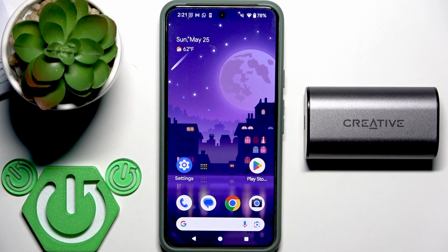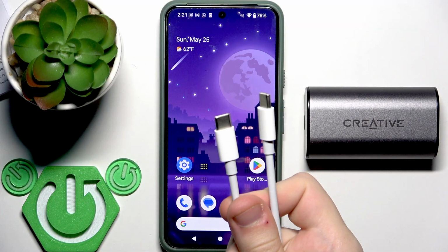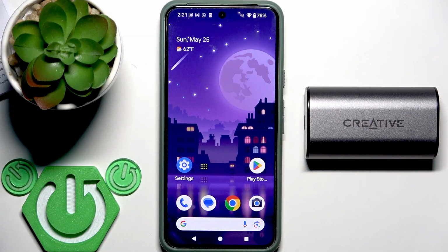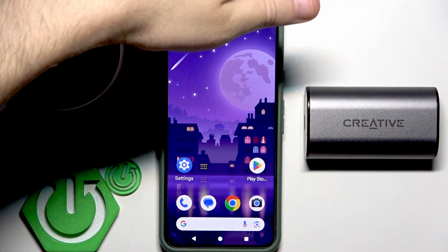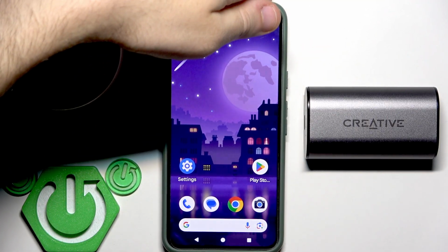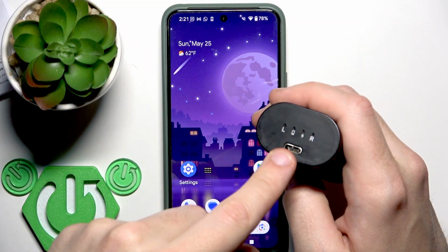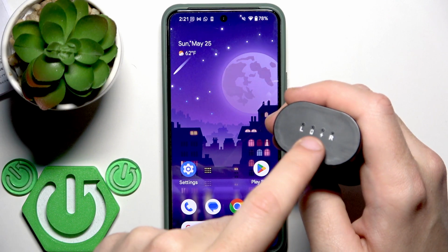All you need for this is just a USB-C to USB-C cable. But if your phone does not support USB-C, maybe you should have a Lightning to USB-C or even a micro USB to USB-C cable. Now connect the USB-C cable to your phone, and at the left side we have a USB-C port